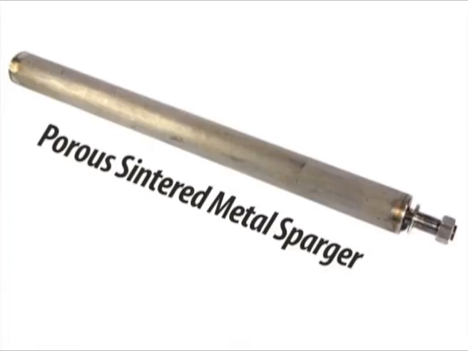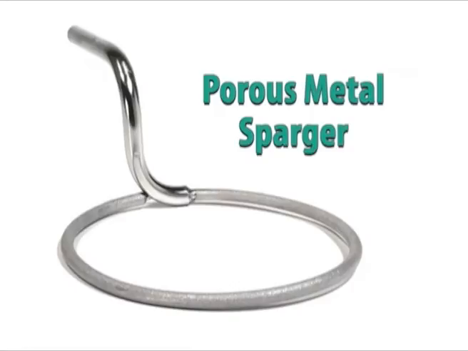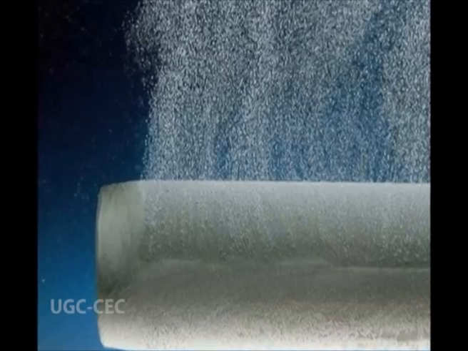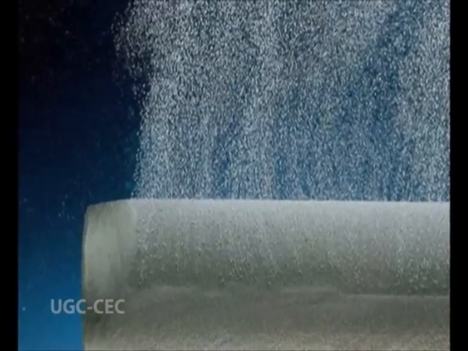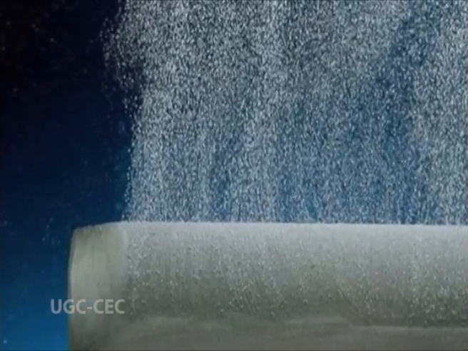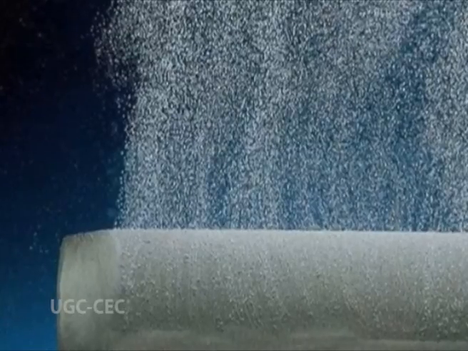Porous sparger is made up of sintered glass, ceramics, or metal. It is used only in lab scale non-agitated vessels. The size of the bubble formed is 10 to 100 times larger than the pore size. There is a pressure drop across the sparger and the holes tend to be blocked by growth, which is the limitation of porous sparger.